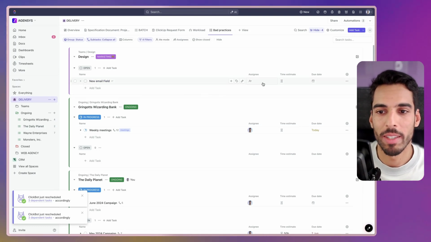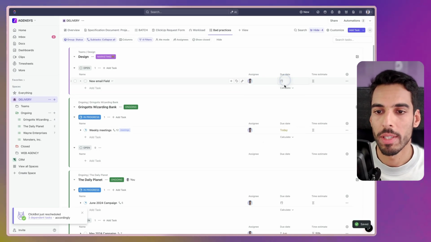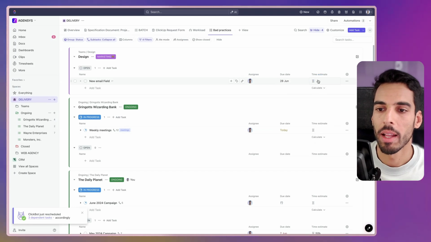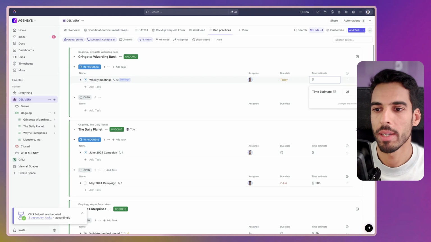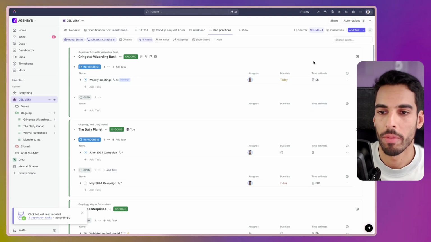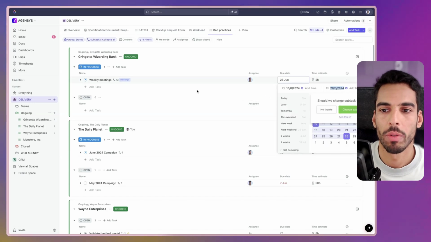This one doesn't have an assignee, an estimate, or due date. In this case, I need to fill that in. I'm going to put an assignee, I'll put a due date, and I'll put a time estimate. Same for this one. If we give it time estimate, it will disappear from our view as well. Next, I need to give it a due date that's to later, and it should be hidden.